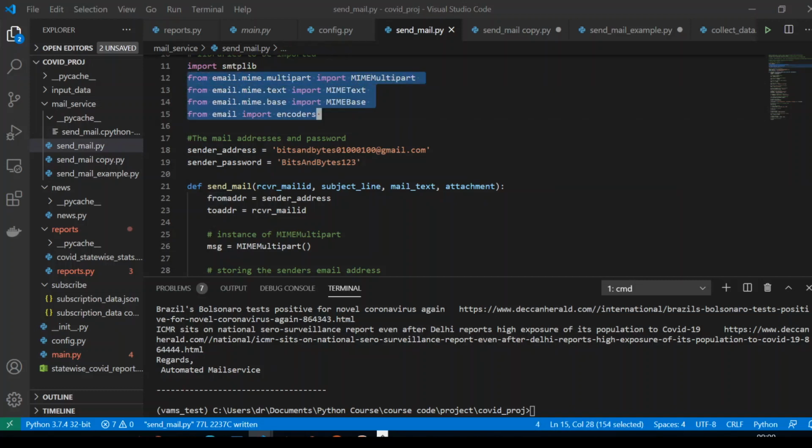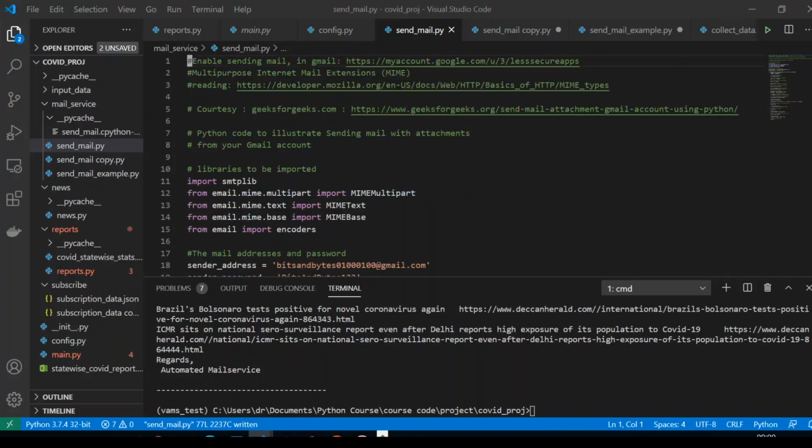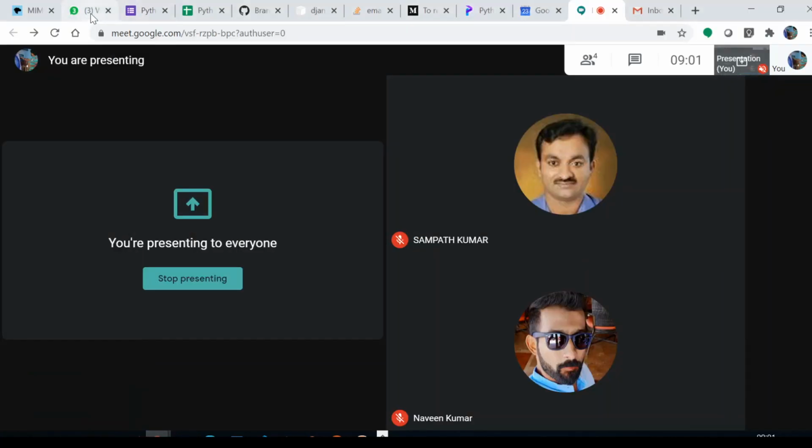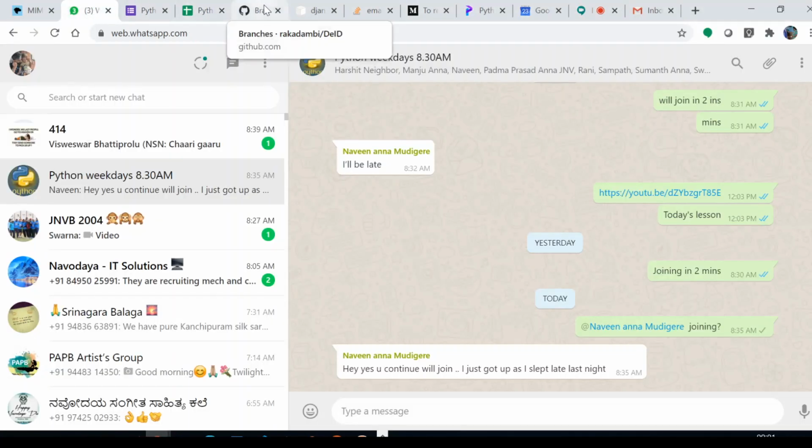We have studied the protocol, and now we will learn a little bit about MIME, the mail exchange format. Okay, let us go there. I think I have it open. Not here, not here.